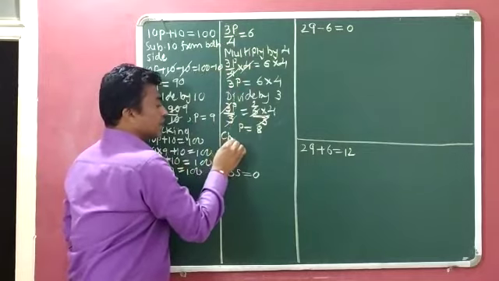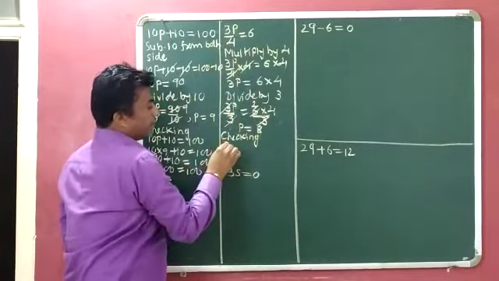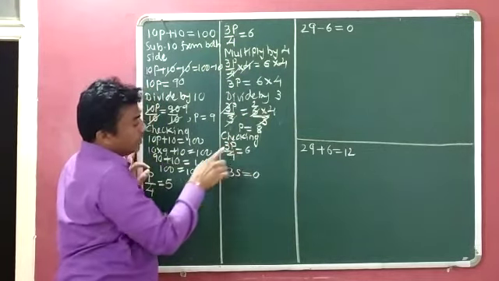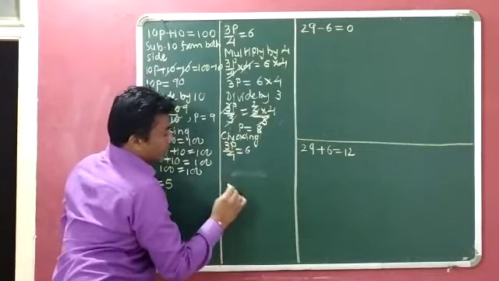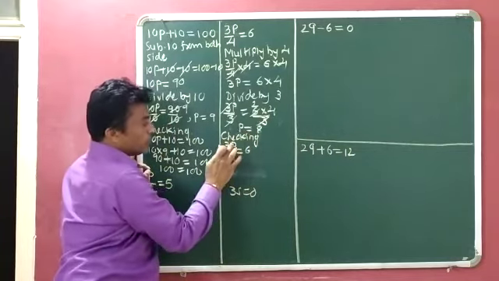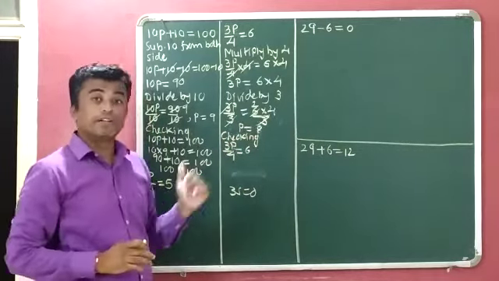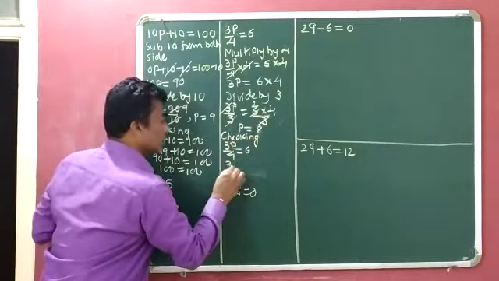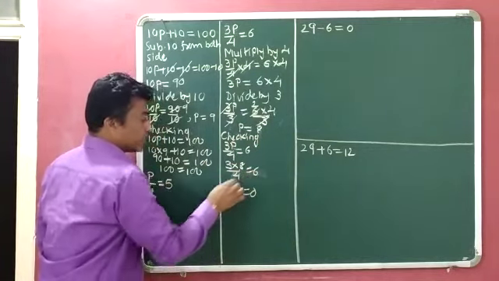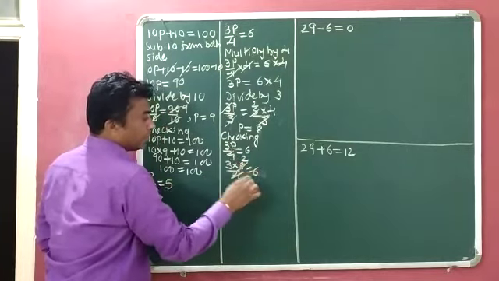Now we have to do checking. Checking: we write the equation 3p divided by 4 is equal to 6. Now instead of p we can write 8, because we already identified that p is equal to 8. So 3 multiply 8 divided by 4 is equal to 6. 4 ones are 4, 4 twos are 8. So 3 multiply 2 is left.